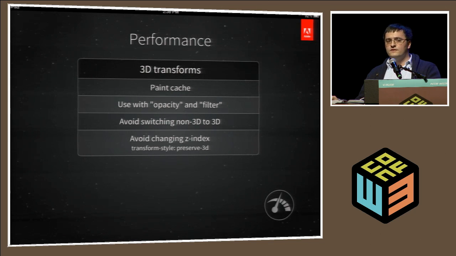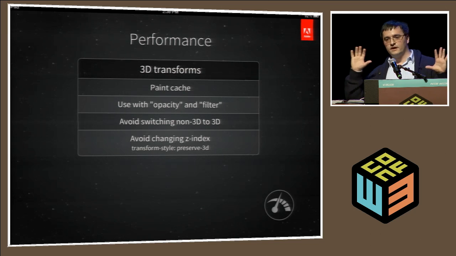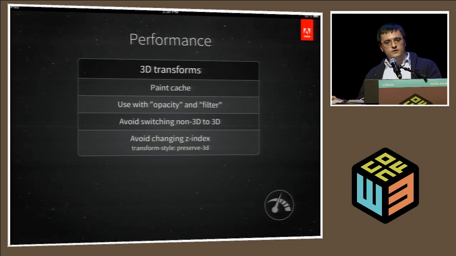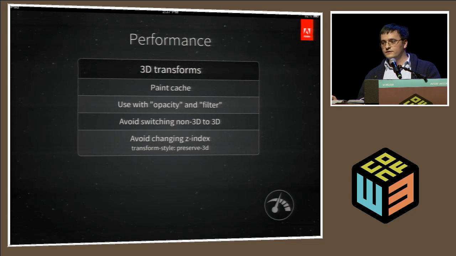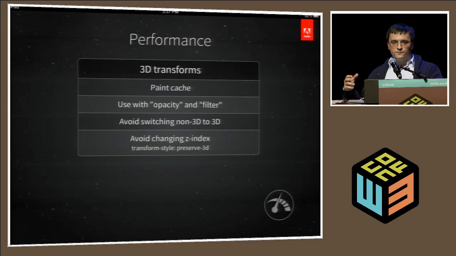Okay, and the last one is avoid changing things like z-index. Also, this one is invalidating the whole tree of kids and trying to resort the whole tree and figure out what needs to be displayed first and what not. And in order to avoid that during animations, there are times when you want to build things like the carousel. You can avoid it by using preserve 3D on the parent. In that case, you can use the transform with a translate Z to move things in front or behind other things. And it's usually a lot faster than using z-index because